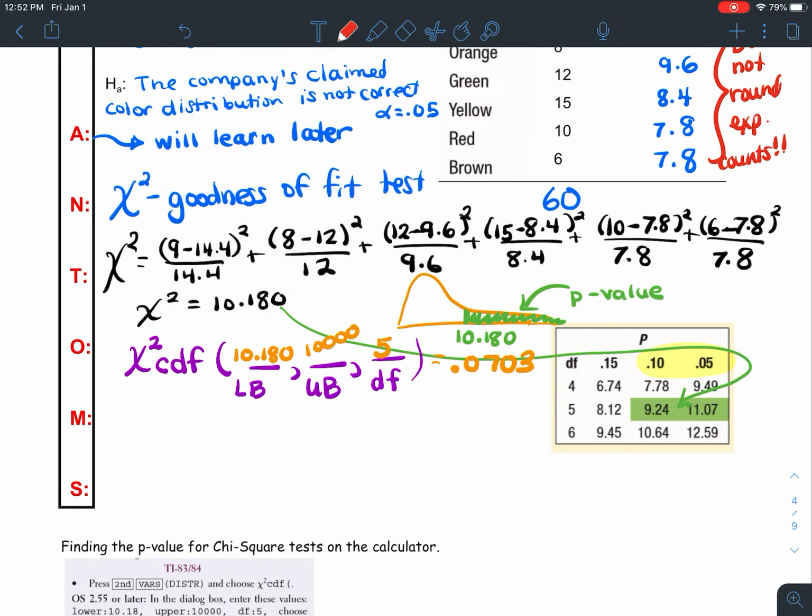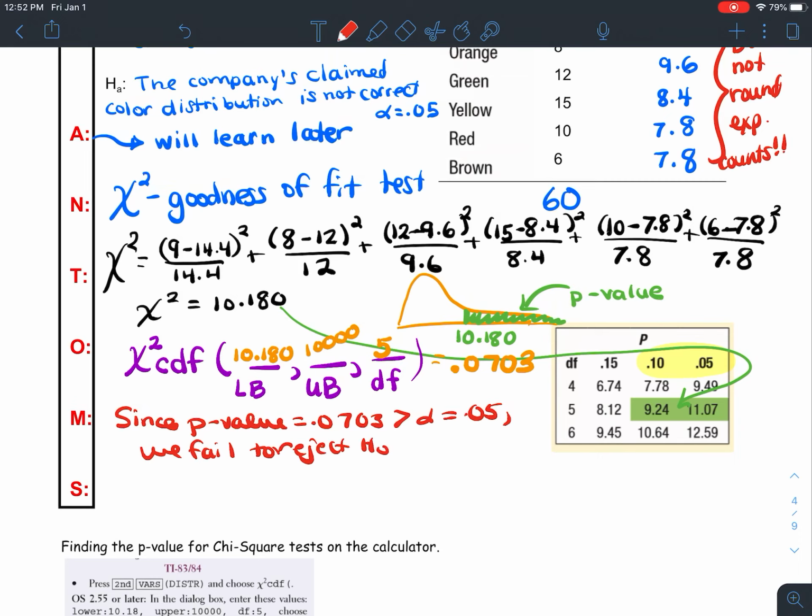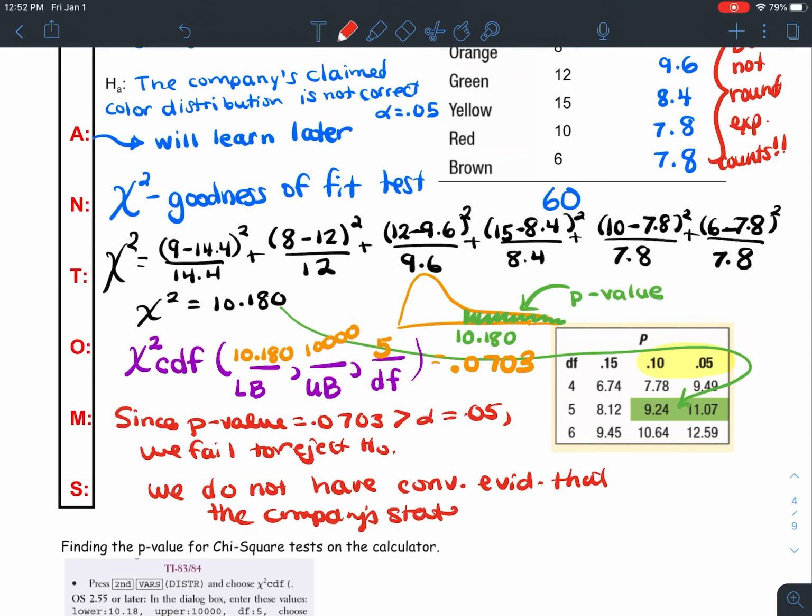Okay, that at least gives you the exact p-value, which is nice because when you make your decision, you can say, since the p-value of 0.0703 is greater than the alpha level of 0.05, we fail to reject the null hypothesis. And then we go on and make our concluding statement that we then do not have convincing evidence that the company's stated color distribution